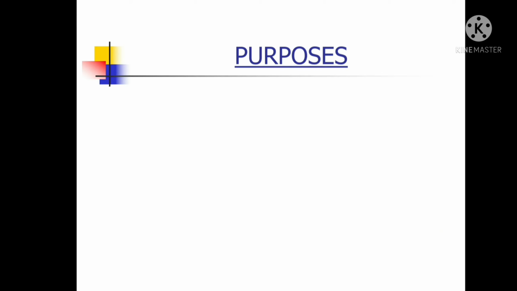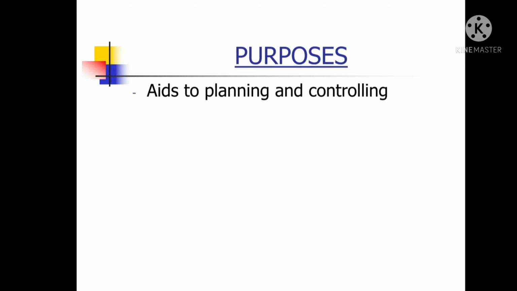Then the tools: effective administration, legislative control, integration of roles and functions, and economic and social. Then we can see what the purposes of budgeting are. Aid to planning and controlling. So anyway, it's very important for the planning and controlling of the organization. Second, guides us for action. What is to be done by the organization? What are the purposes to be clearly specified by this budgeting?